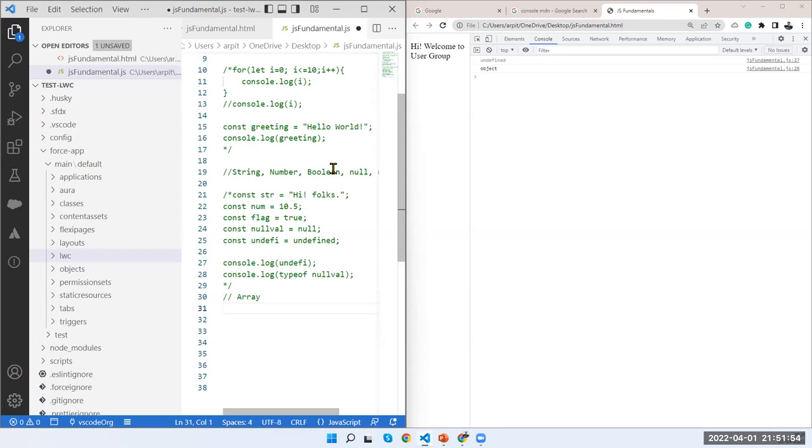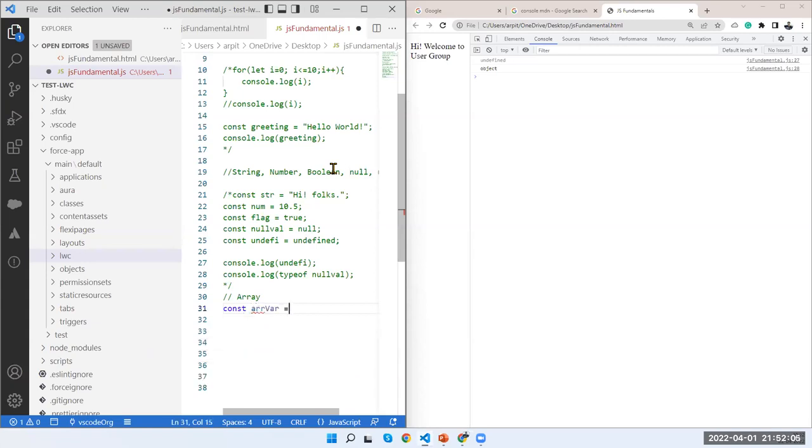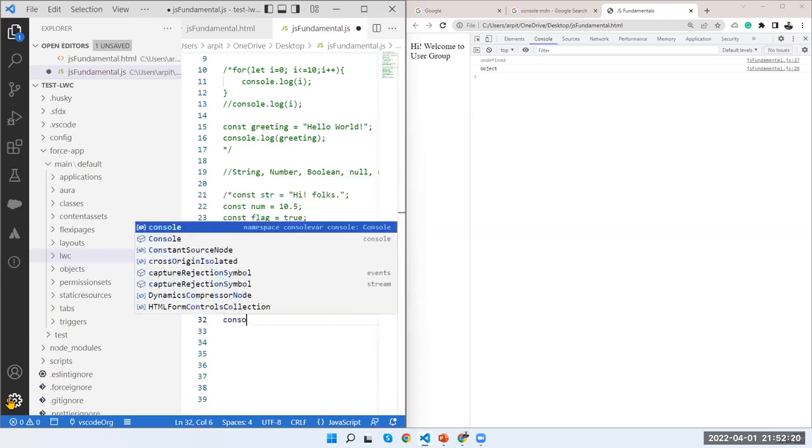If I want to use an array, I can use a constant array variable and define values here. So let's suppose I am defining 14, and